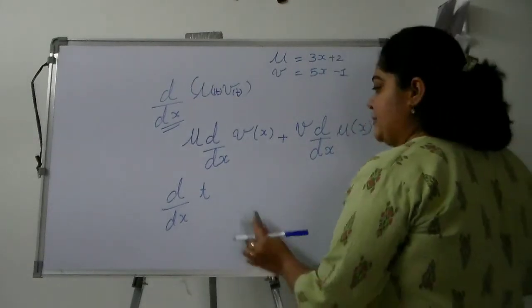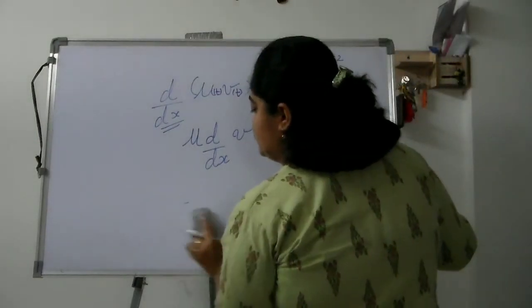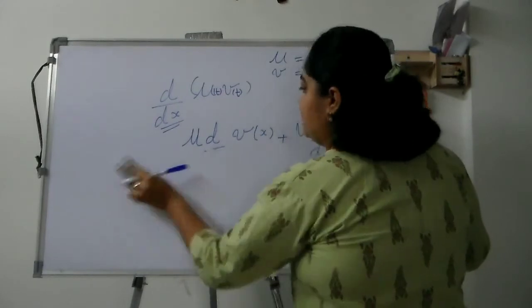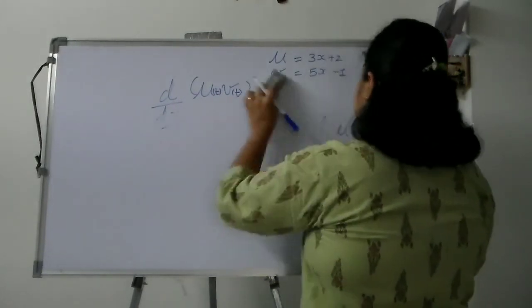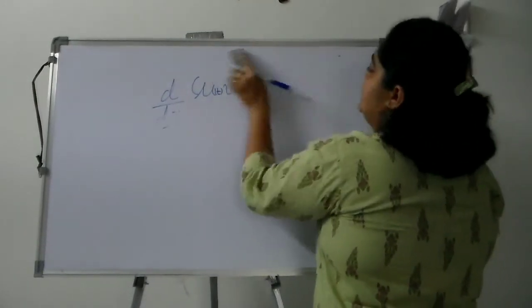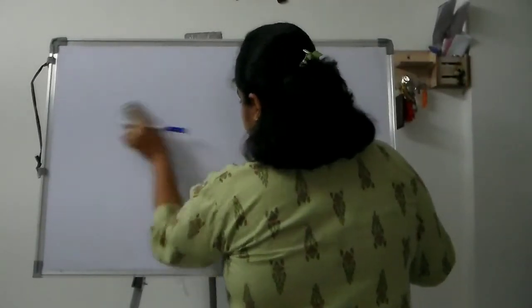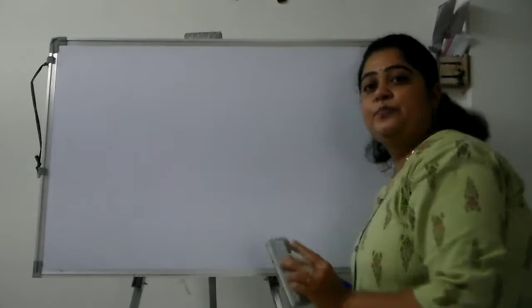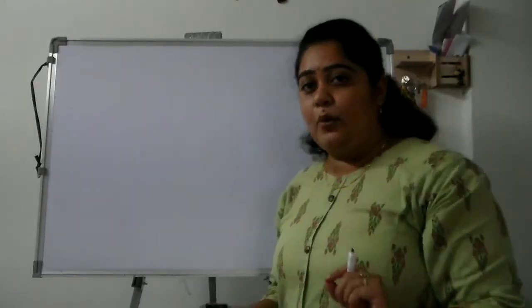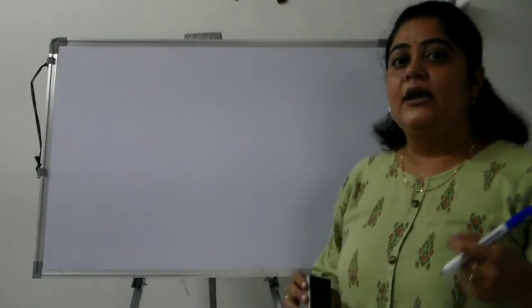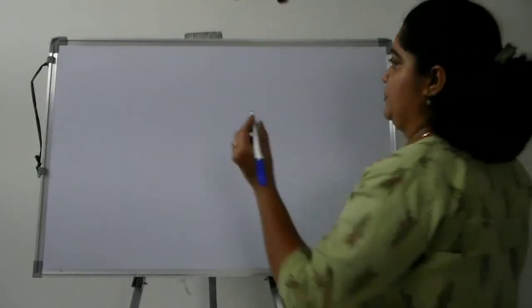Correct? So always remember that the differentiation is to be done by the same variable, and if it is not done by the same variable, in that case the differentiation will not exist. Is that much clear to us? Okay. Now the second point after differentiation is integration.